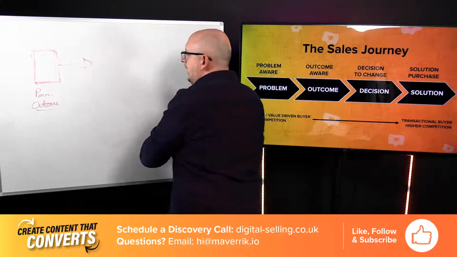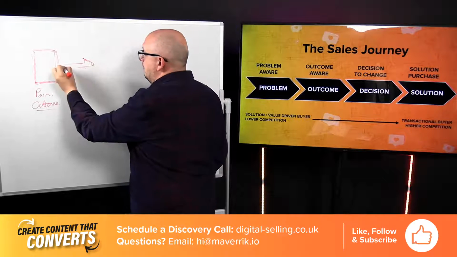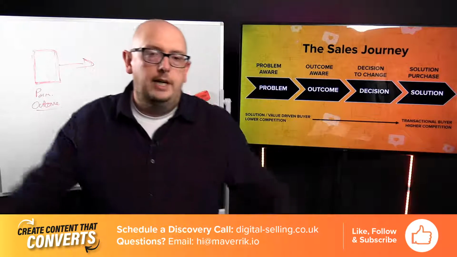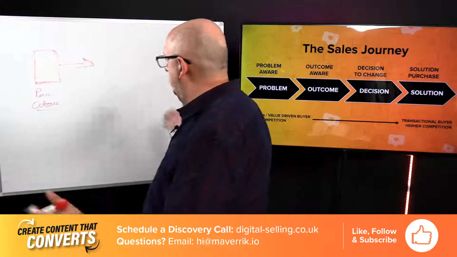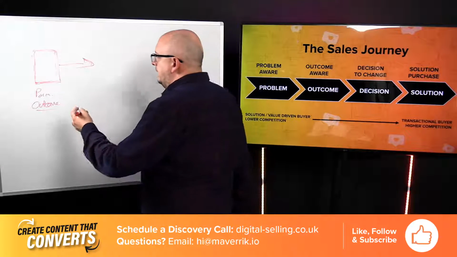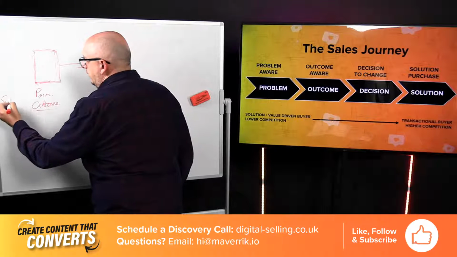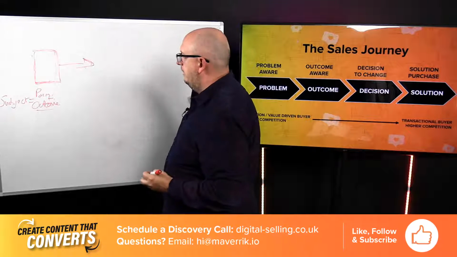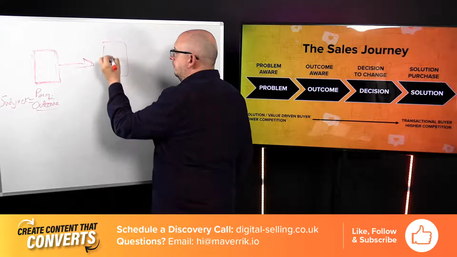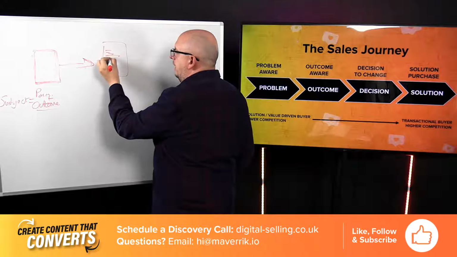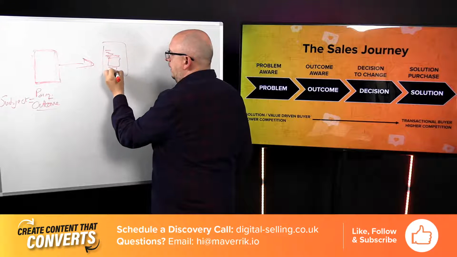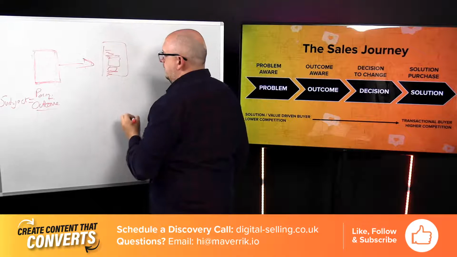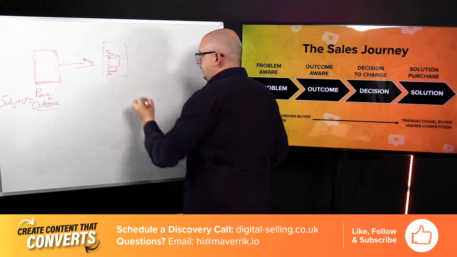One of the things I've done in the past, and I've done a lot of email work, I must have done, I don't know, 1 billion emails in my working life on campaigns for clients and for Maverick, is we do an email where the subject line equals pain and outcome. And then we might send them an email: dear, we've done a blog about this, here's a link to the blog and the button, thought it might be useful to send it to you, best regards, Dean.